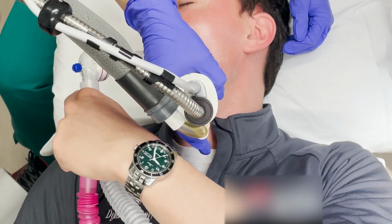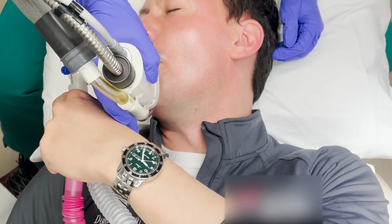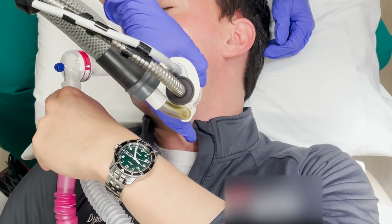It definitely helps with the pain. It kind of dissociates you from the pain that you're feeling during the treatment. So the entire procedure continued on for about 35 or 45 minutes. It's not necessarily a good way to sell people on Fraxel, but when it was being performed, the best way